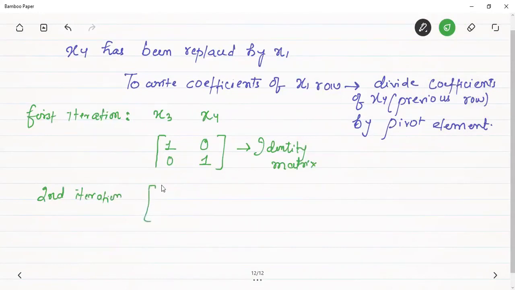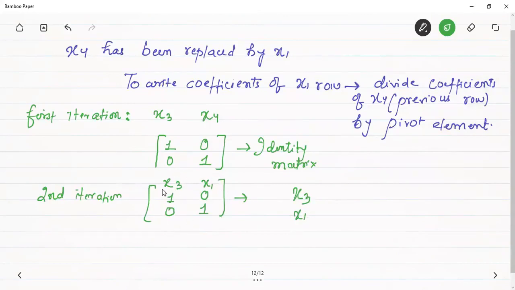Order क्या है basic variables का? x3, उसके बाद मैंने लिखा है x1, तो आइडेंटिटी मैट्रिक्स कैसे बनेगा, यहाँ पे 1 होना चाहिए, यहाँ पे 0 होना चाहिए, यहाँ पे 0 होना चाहिए और यहाँ पे 1 होना चाहिए। ओके, दिस इज हाउ द आइडेंटिटी मैट्रिक्स विल बी फॉर्म्ड। x3 के नीचे 1 0, x1 के नीचे 0 और 1, बिकॉज ऑर्डर मैटर्स हियर। आई हैव रिटन in the simplex table the order is what, x3 and x1, तो x3 और x1 के ऑर्डर में ऐसे आ जाएगा हमारा आइडेंटिटी मैट्रिक्स।